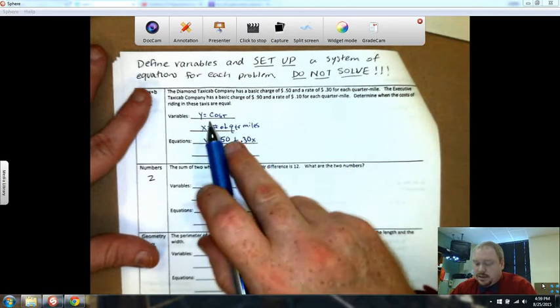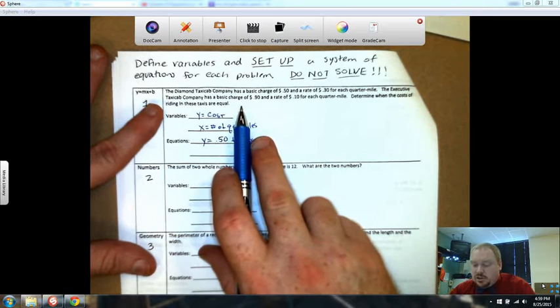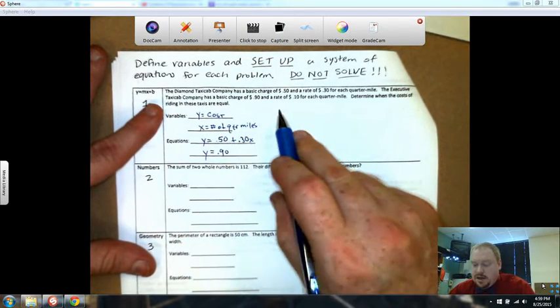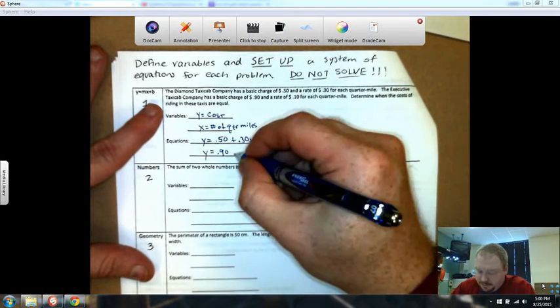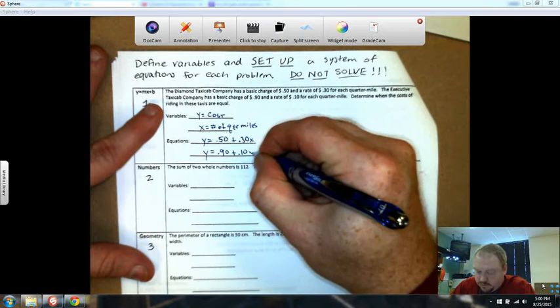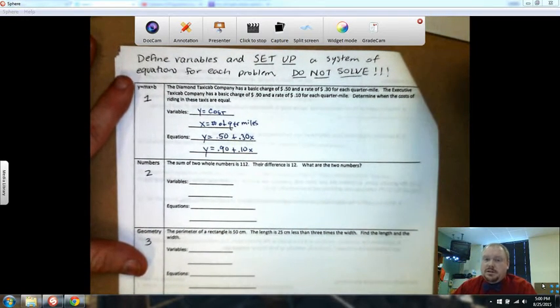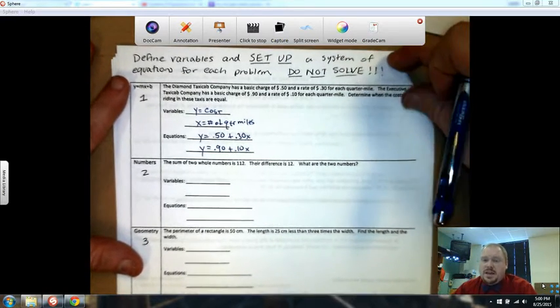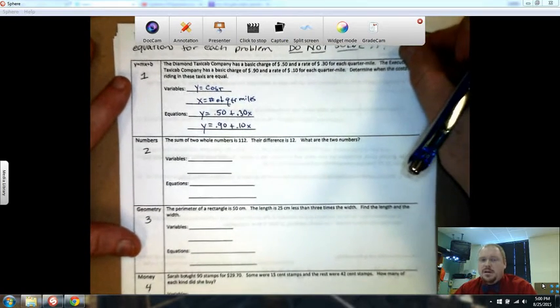And the second company, the Executive Taxi Company, charges 90 cents and a rate of 10 cents for each quarter mile. And those are your equations. Solving these is not super difficult, but it is time consuming. And right now we just need practice writing the equations. Okay, number 2